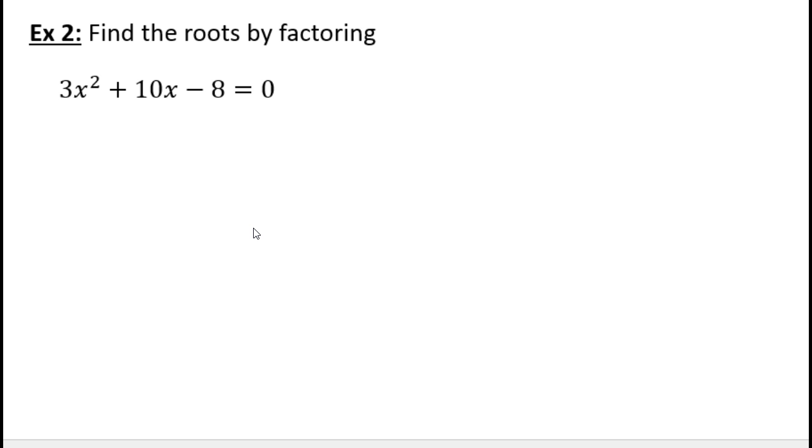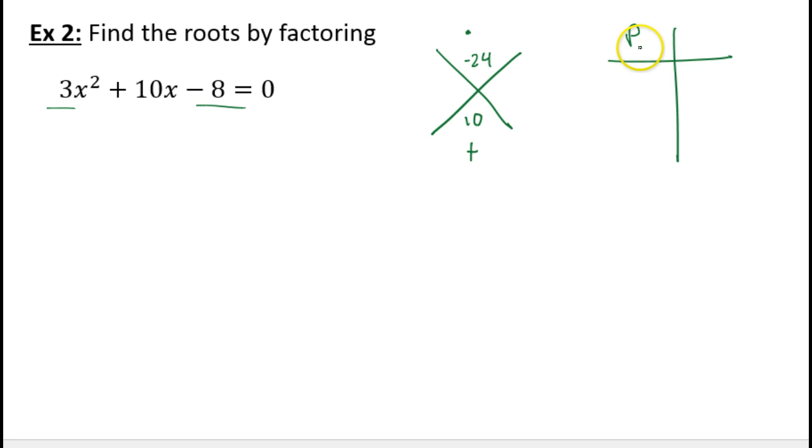You can do it the same way with example 2. So example 2 has a leading coefficient. Now again, there's different variations. Do whatever feels natural and comfortable to you. That works with me. So I'm going to go ahead and write my multiplication and my addition. So my A is 3 and my C is negative 8, meaning my multiplication is negative 24. The only number that's left over is 10. I'm going to find two factors. My product is 24, that when I subtract again,